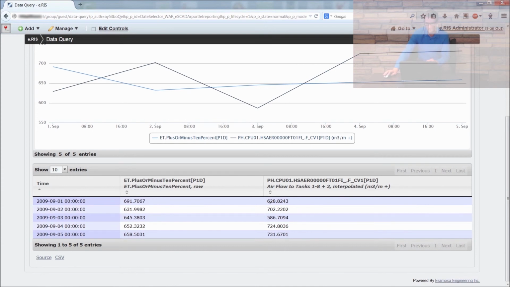So if you compare these two values and you do the math, you'll see that this value here is 10% more than this value. This value here is 10% less than this value, and so on. So our calculation worked,